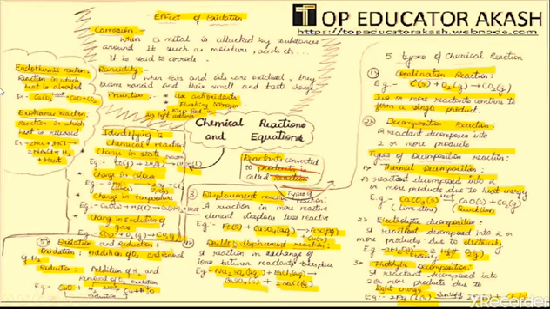Now the next reaction is the double displacement reaction. It is a reaction in which an exchange of ions between reactants takes place. Here there are two compounds: one is Na2SO4 and the other is BaCl2. When they react, BaSO4, that is barium sulfate, and sodium chloride are formed. Here the exchange of ions is taking place between Na and Cl, and Ba and SO4. They mutually exchange their ions.